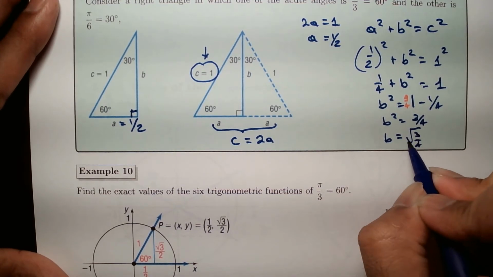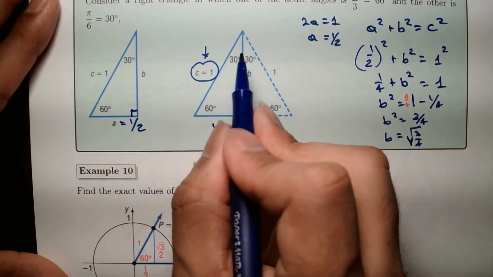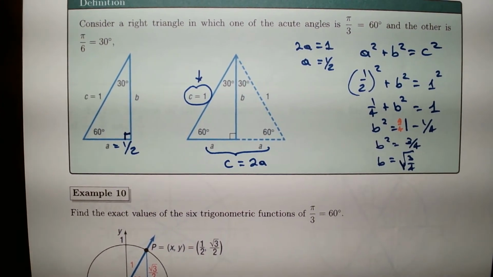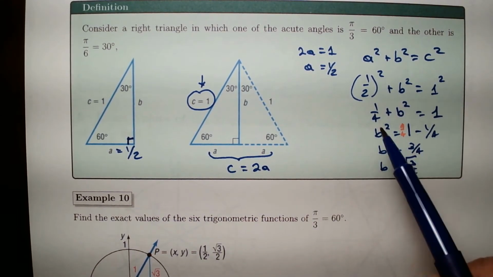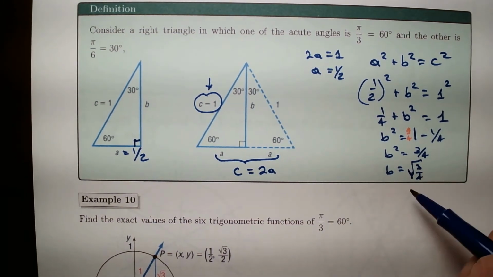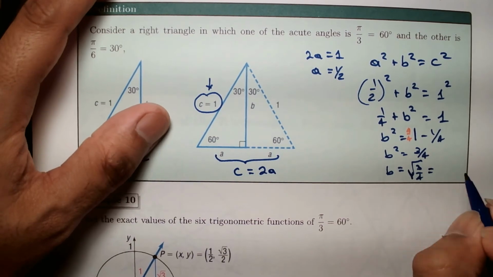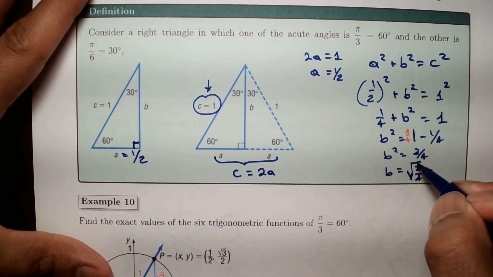3/4. Notice I'm skipping the plus minus in this case because we're looking at a geometric figure, a triangle, and the length of the sides of a triangle are supposed to be positive. But if we were just solving a plain vanilla equation, then we need to be more strict with the plus minus. All right, we need to apply the quotient rule